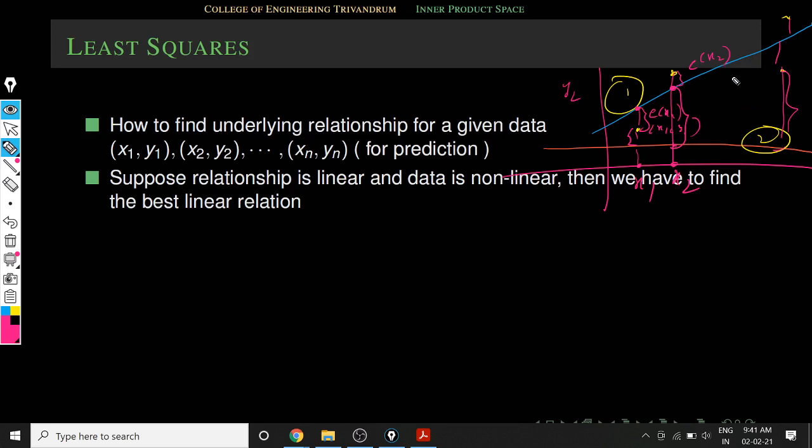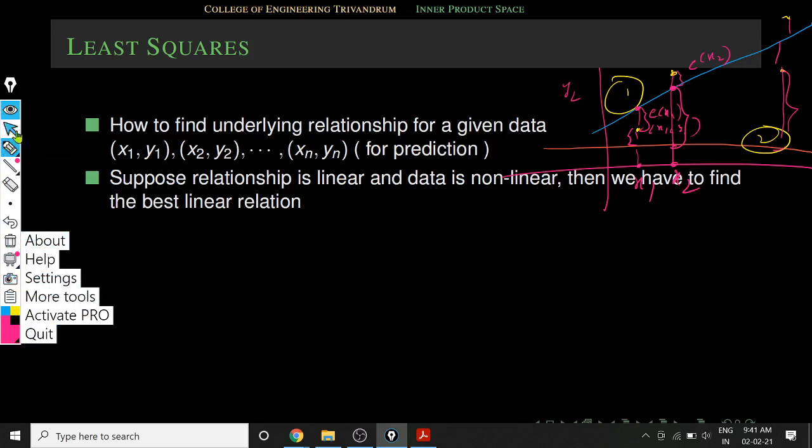So how to systematically define these errors, and how to systematically reduce this error in such a way that we find the best straight line? That is our main problem. That is the least square problem. Why is it least square? So it is clear that if you consider,